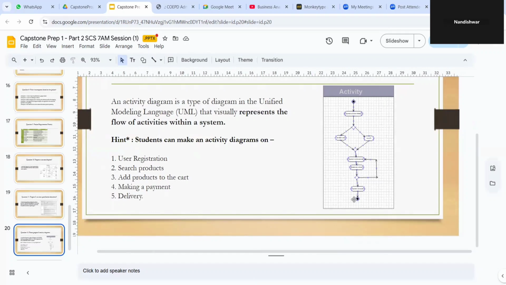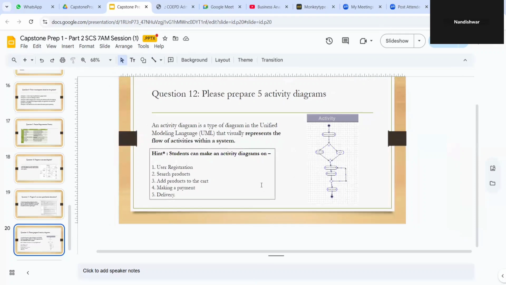They have given you a hint about user registration, searching products, adding products to the cart, and making a payment and delivery. So these are the 5 diagrams you need to draw. They will mention how many diagrams you need to draw. If they mention 6 to 7, you need to draw 6 to 7. If they mention only 5, you can draw 5. Okay. So go through this YouTube video, and you will find an easy way to draw the use case diagram and the activity diagram. Okay. So if you have any doubts, you can